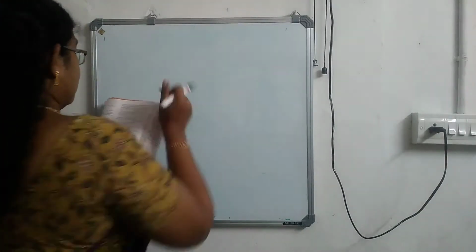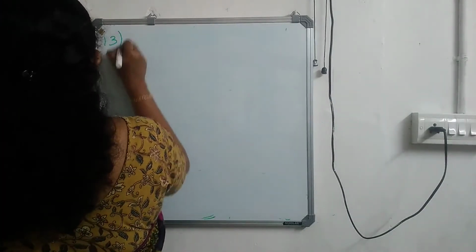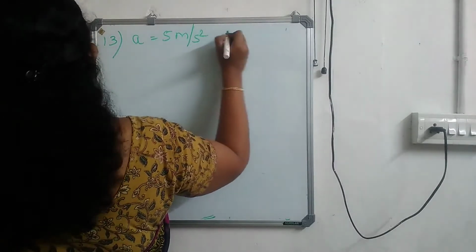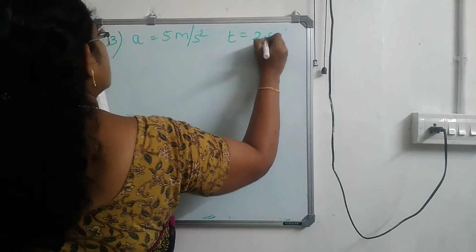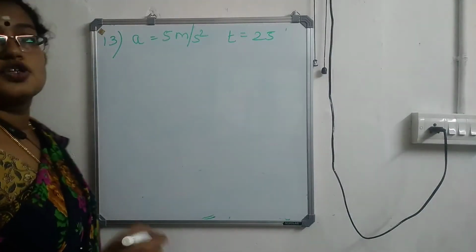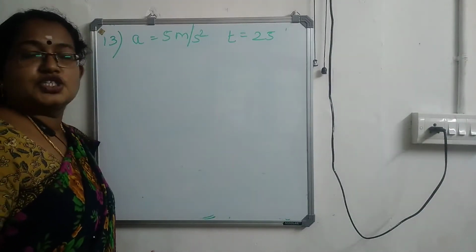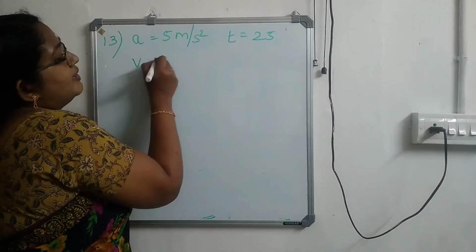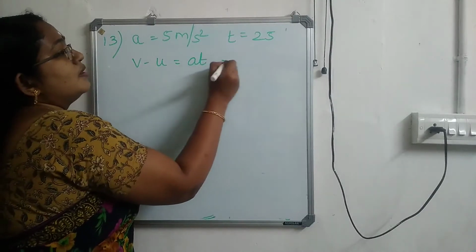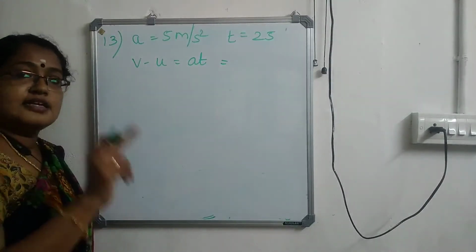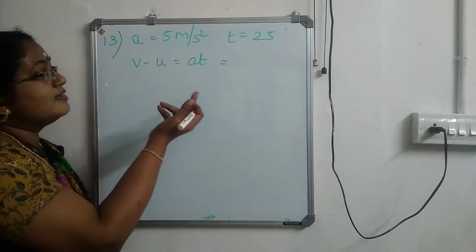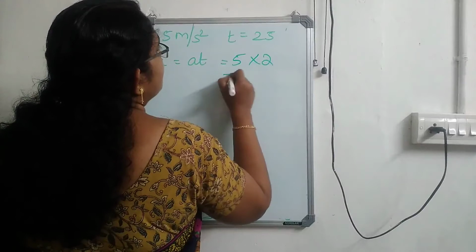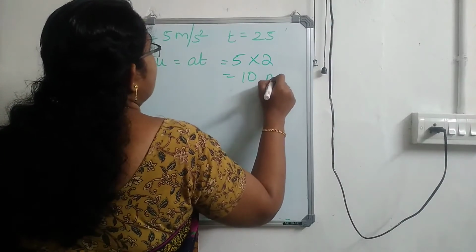So, question number 13. A is given as 5 meter per second square and time is given as 2 seconds. Our aim is to calculate the change in velocity. Change in velocity means v minus u, isn't it? So, we learned the equation v minus u is equal to at, isn't it? A is equal to v minus u by t. So, v minus u is equal to at. So, what is our answer? 5 into 2, which is equal to 10